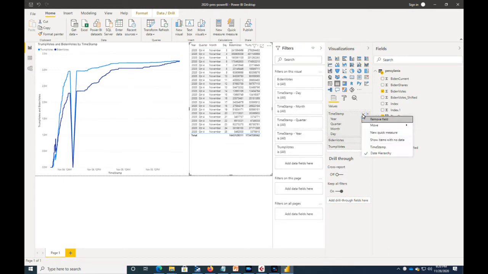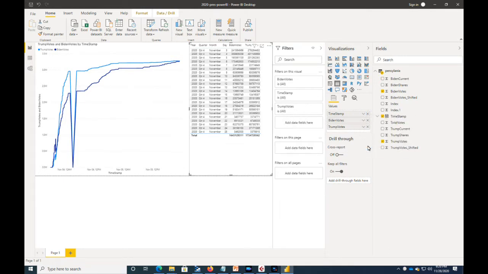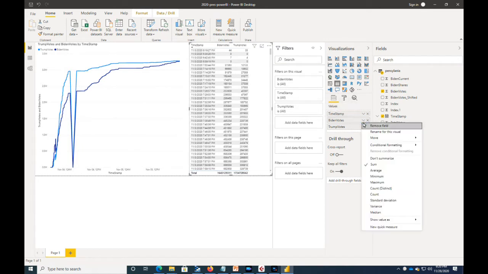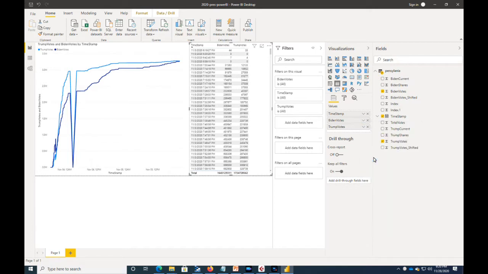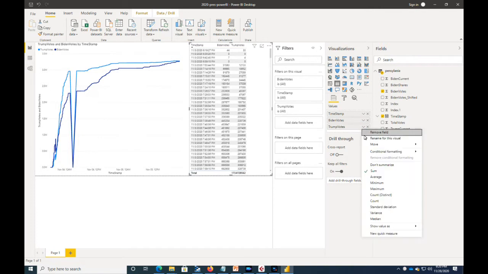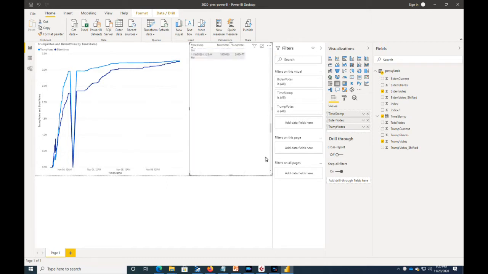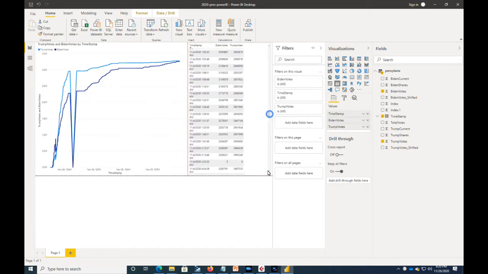This needs to be changed to the same thing, a timestamp. We need to sort ascending, right? That's good. We need to change that Biden votes. We do not want to summarize. Don't summarize. And down here for Trump votes, don't summarize. Okay. And then if we scroll all the way down to the end, what we should have,